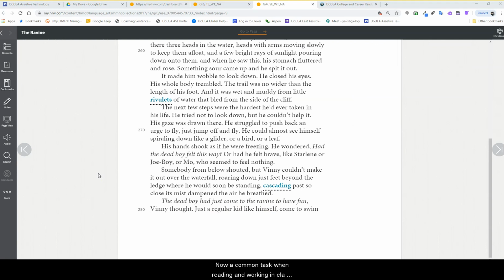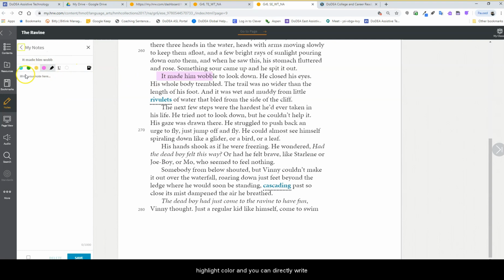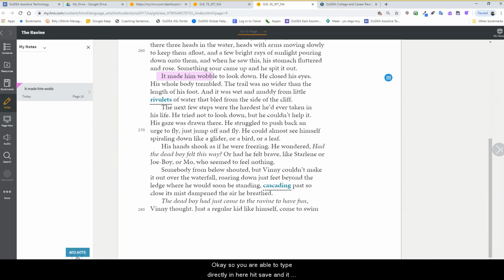Now, a common task when reading and working in ELA now is to annotate and mark the text. And Collections has some built-in tools to assist with that, where if you select the text, it does allow you to add a note, where you can highlight the text and choose a different highlight color, and you can directly write. Okay, so you are able to type directly in here, hit save, and it will then save that note